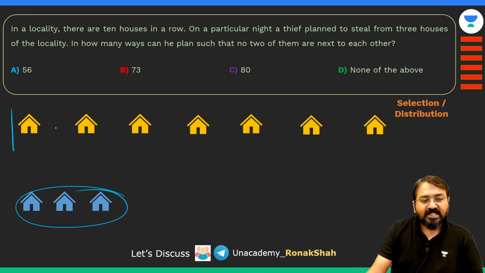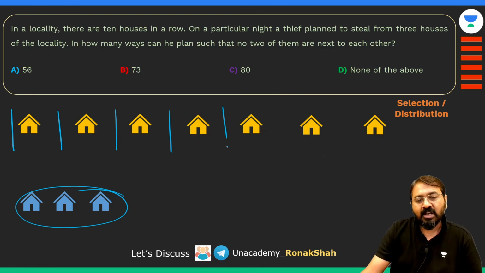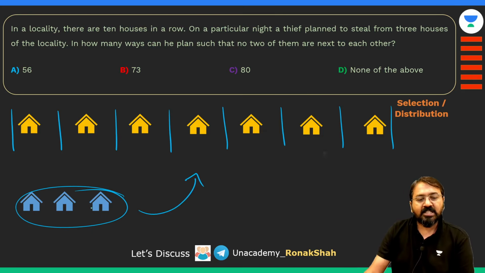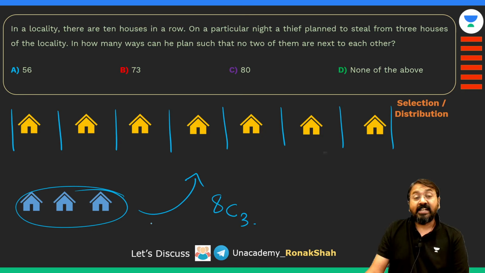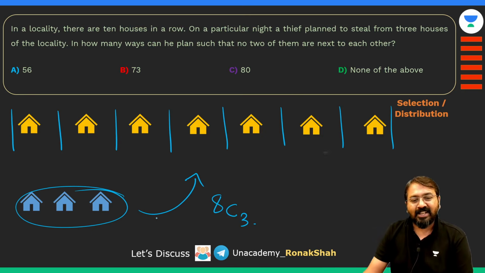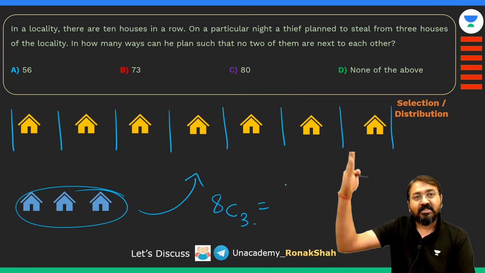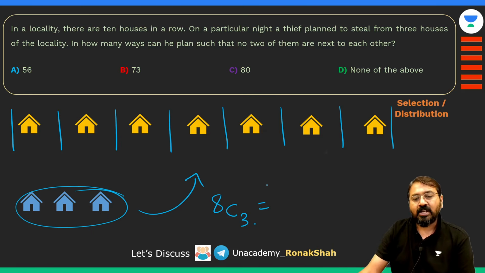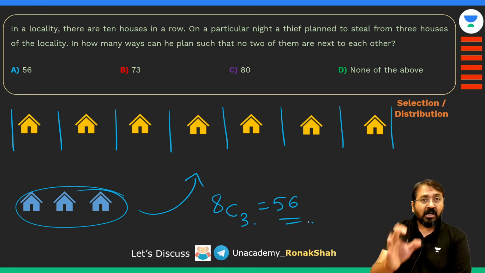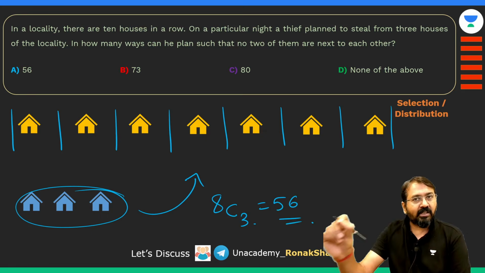अब मुझे उसके आसपास में ये जो 8 जगह बन रही हैं, जिसको मैंने वर्टिकल ब्लू लाइन से इंडिकेट किया है, इन 8 जगह पे आप 3 हाउस को 8c3 वेज में अरेंज कर सकते हो कि नहीं दोस्तों। 8c3 क्यों, 8p3 नहीं, क्योंकि वंस अगेन हाउसेस आर आइडेंटिकल। सो व्हाट इज 8c3, 8 into 7 into 6 डिवाइड बाई 3 फैक्टोरियल, 6 एंड 3 फैक्टोरियल कैंसिल होगा, तो आंसर क्या आएगा, 56।